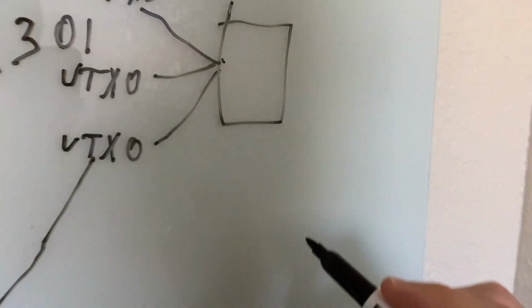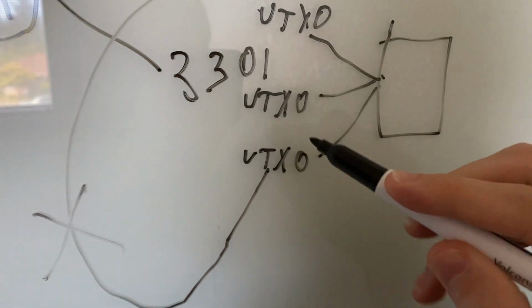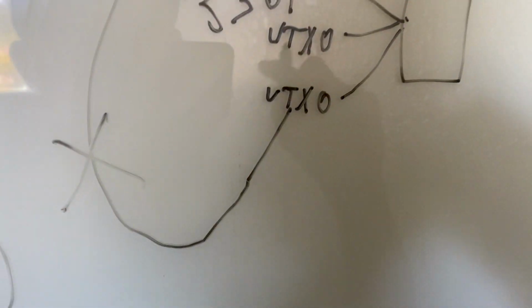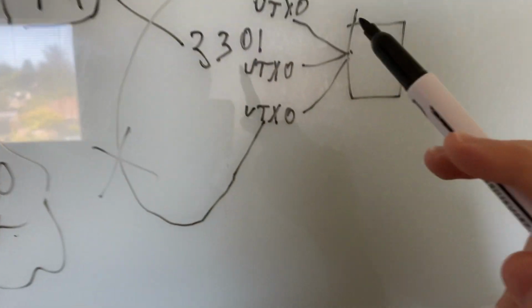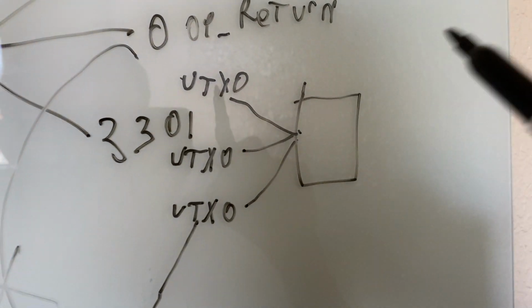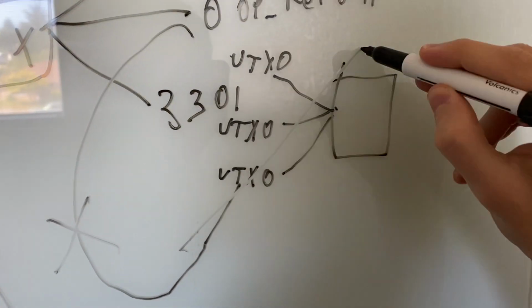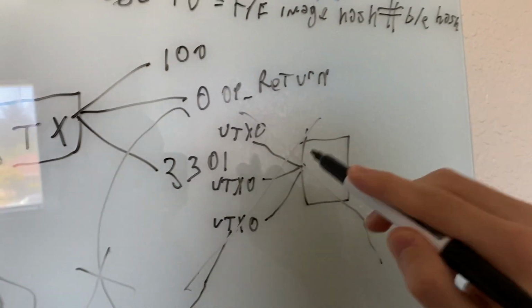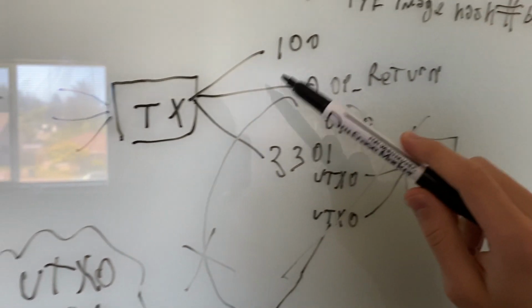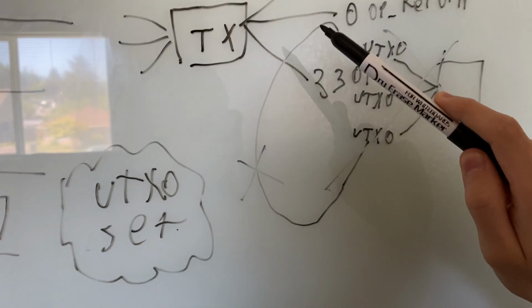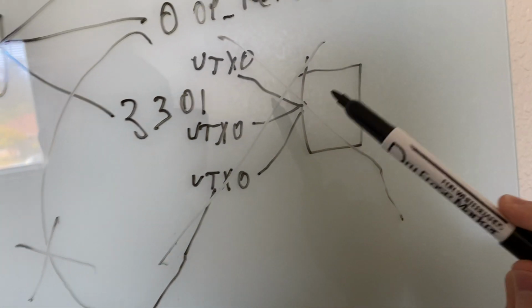So I hope that makes it a bit more clear. If even one of the inputs to this transaction is 0, that transaction is spending something that is not a UTXO, and it is therefore not valid as a Bitcoin transaction. So you cannot have a 0 output from a transaction that is then taken in a new transaction and used as a UTXO.